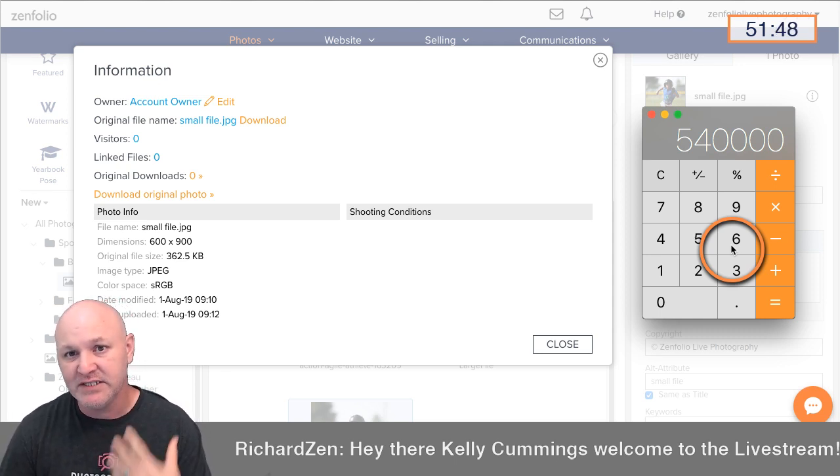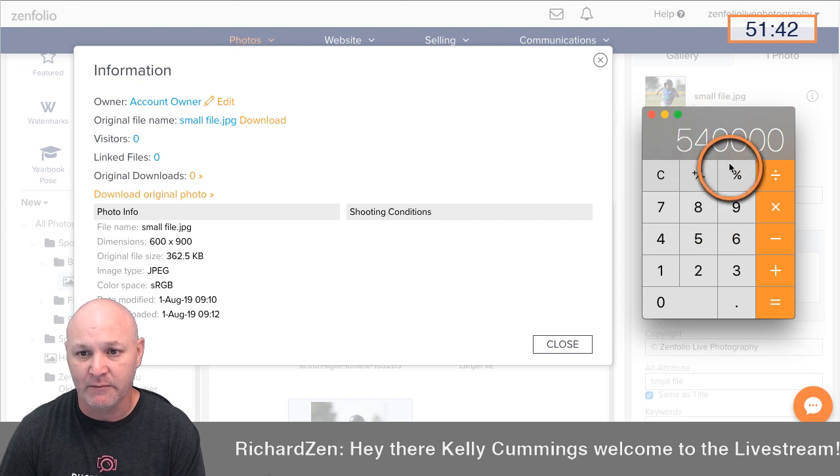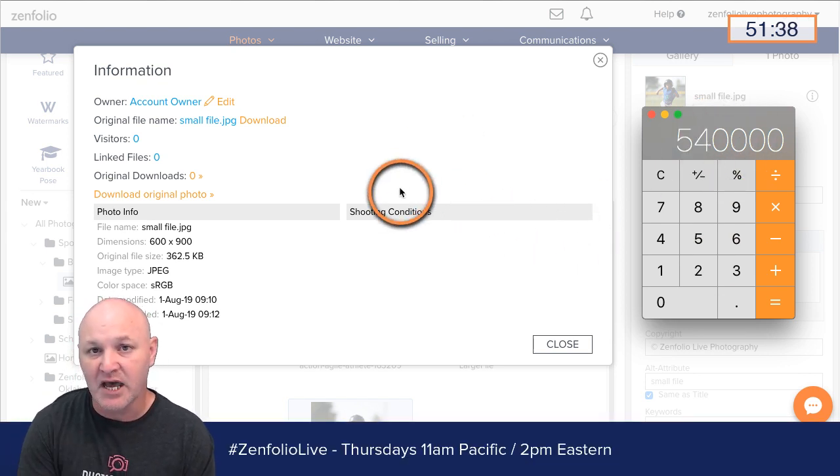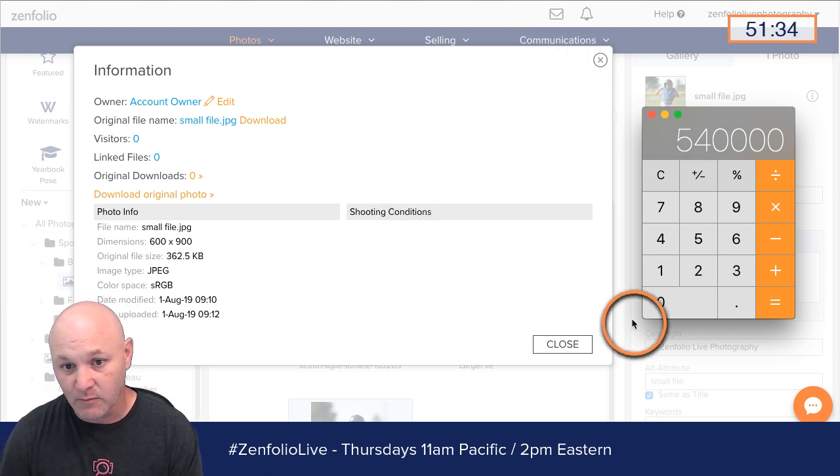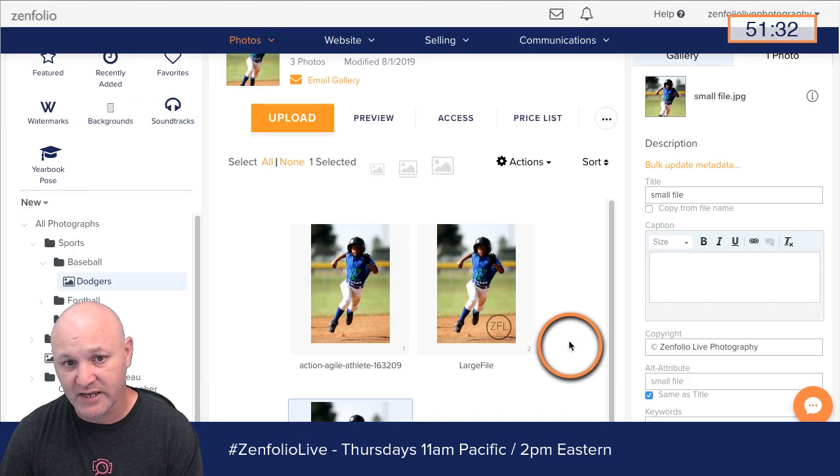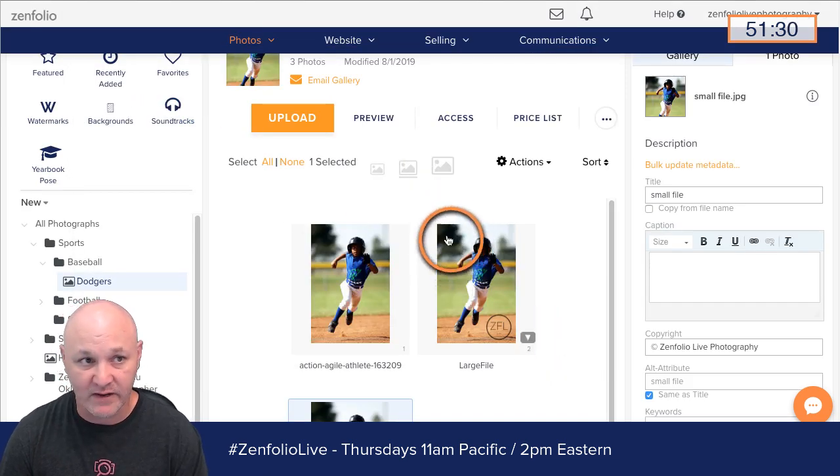So that's something that you need to know, is how to do that math of what size should my file be so that it makes sure to meet that 1 megapixel requirement. So in this case, this image is not going to work for a 1 megapixel image size. So we can't use that here. So just something to keep in mind there.